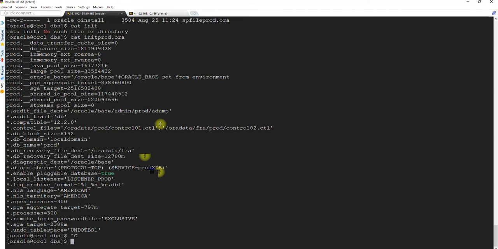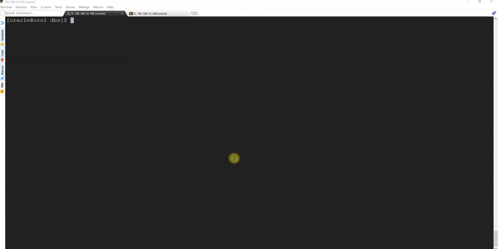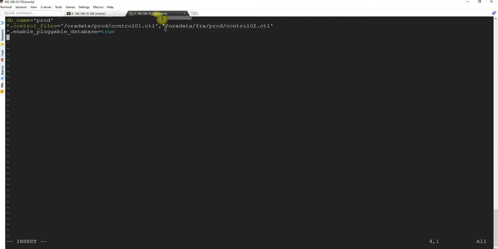Now what we need to do is, the most important two parameters are: first of all we need to check our location of data files and log files. Then we have to enter the two parameters. Why it is required, I'll tell you. First of all, let's check the location, because eventually you are going to restore everything on the secondary using the backups.